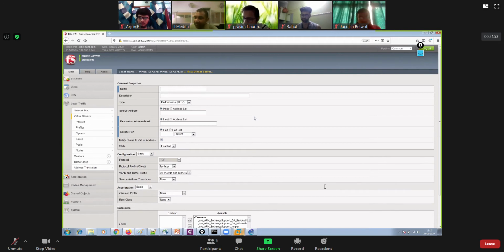I mean, the performance for the end user while accessing a web page will definitely get improved just because it is using the protocol profile Fast HTTP. You can see that the protocol profile it is using now is Fast HTTP.